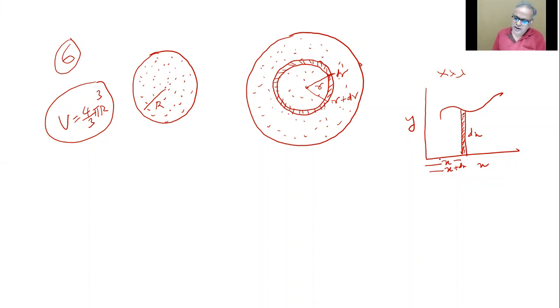Now, what did I do? Instead of taking x and dx, what did I do? R and R plus dr. So the thickness of this shell is how much? dr. Right? So what will be dA of this? This is simple mensuration. No integration yet. Anybody can try. Area of this shell will be how much? Is it like this? 4 pi (r plus dr) whole square minus 4 pi r square.